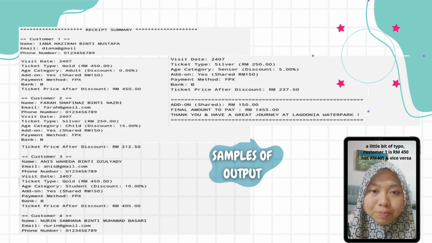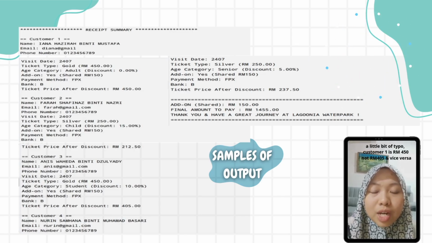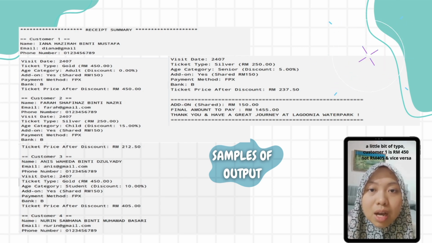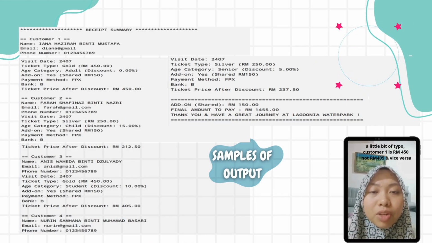The total ticket cost for customer 1, 405 ringgit, customer 2, 450 ringgit, customer 3, 212 ringgit 50 cents, customer 4, 237 ringgit 50 cents. Adding all these gives 1,305 ringgit. Then we add the shared add-on 150 ringgit, resulting in a final amount to pay, which is